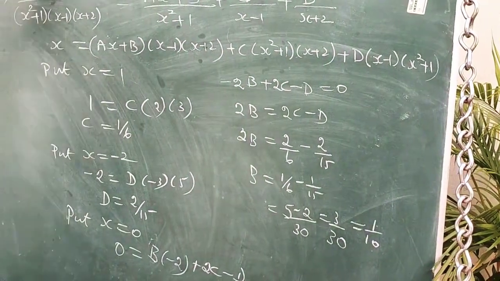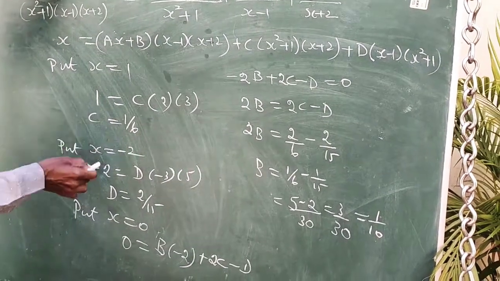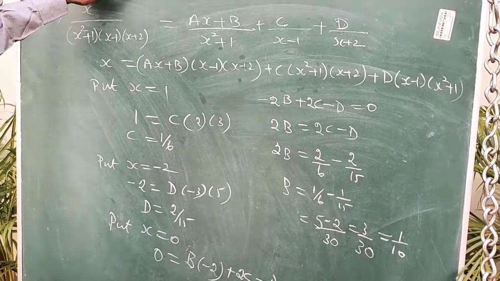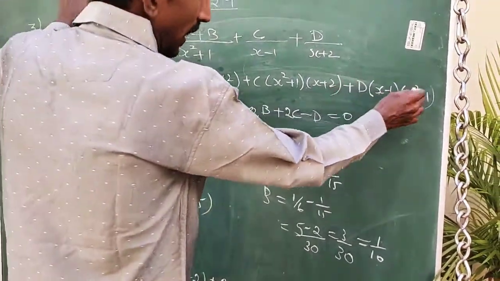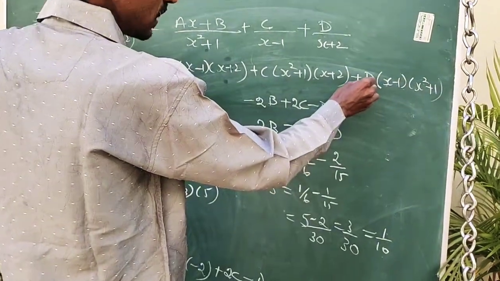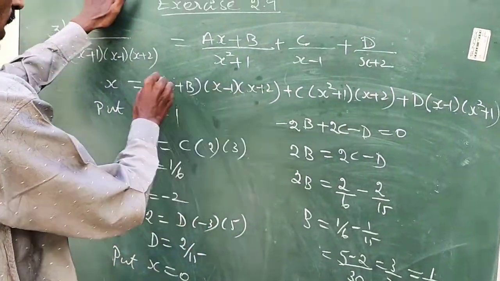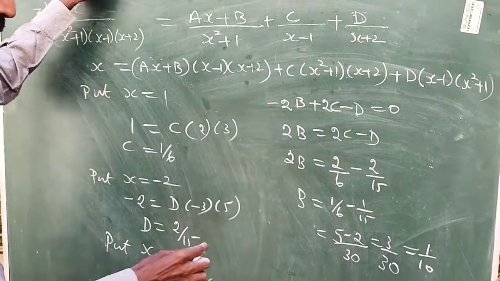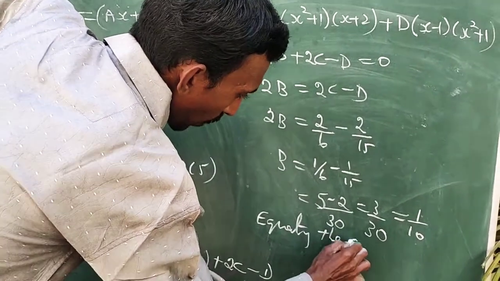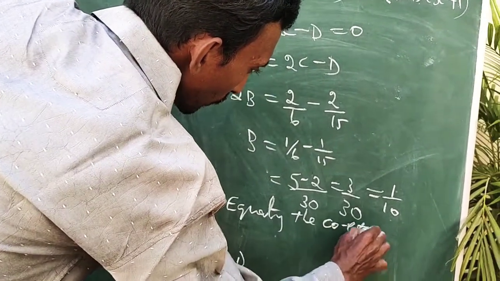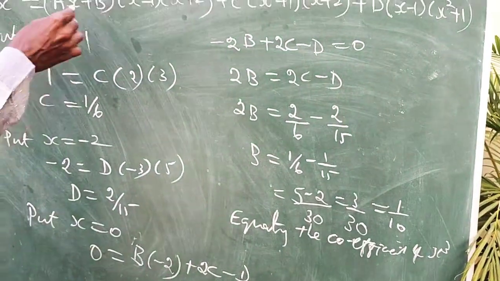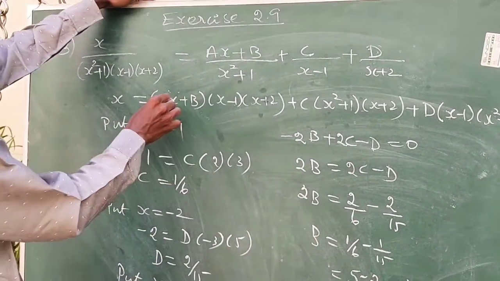Okay, next, three constants are eliminated, C, D and B. Our aim is to eliminate A. For that, the simple method is all the terms contain x cube term. So here x cube term coefficient is D, here C, here A. So equating the coefficients of x cube, right hand side x into x into x, x cube, A.